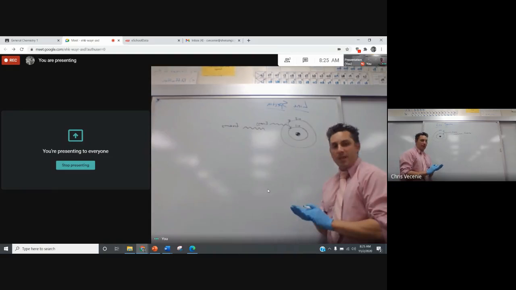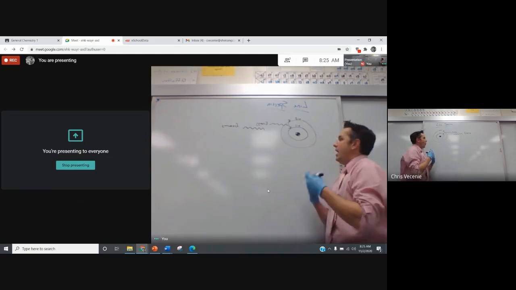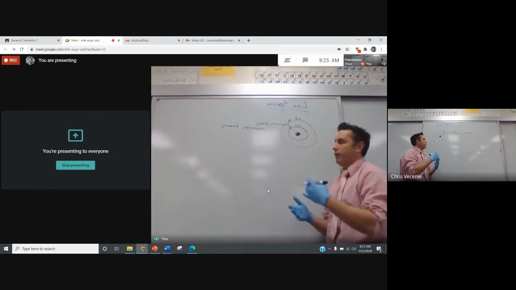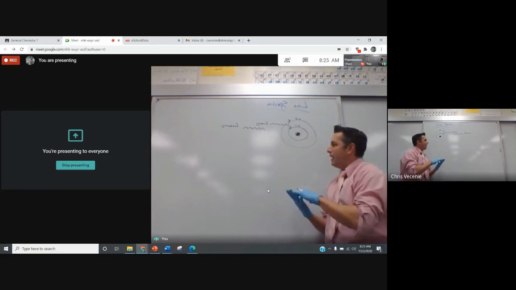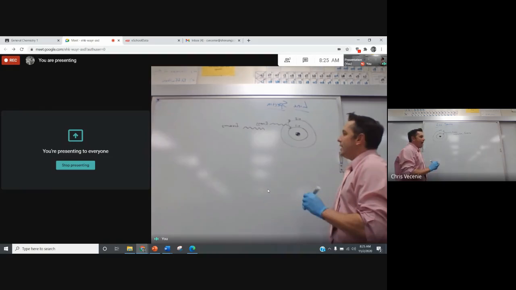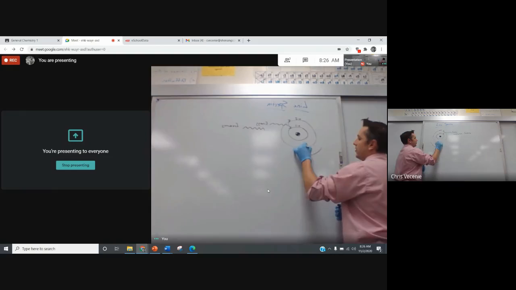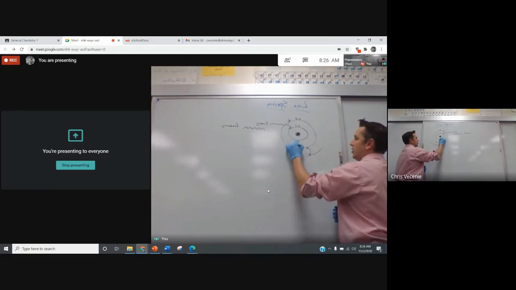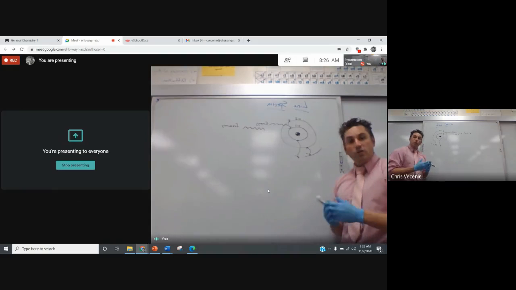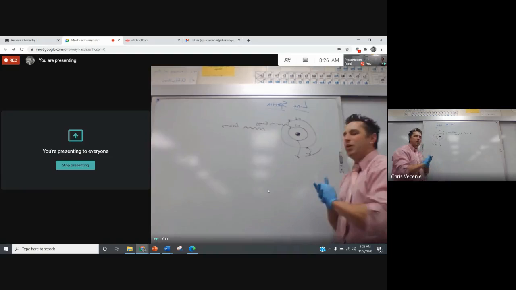In the flame lab the other day, we let all of the electrons fall all at once, and all of those waves merge together for us to see one unified color, whether it be blue or purple or pink or red. Right? Those waves all merged. But in reality, there were many, many different transitions. 3 to 2, a different electron goes 3 to 1. That releases a different amount of energy, a different package of energy, which is known as a photon. Right? So we were getting many waves given off during the flame lab, but we couldn't tell the difference between